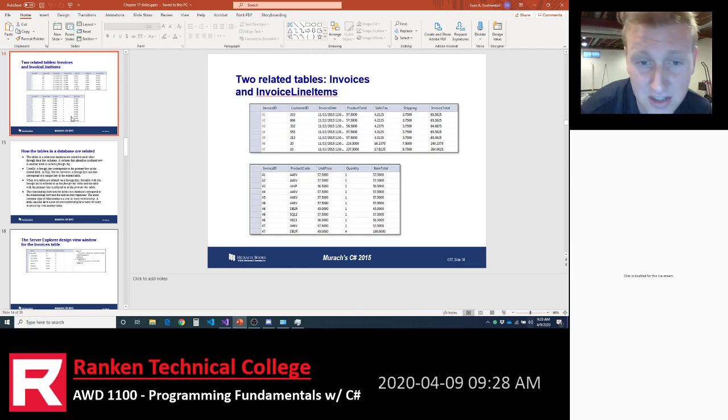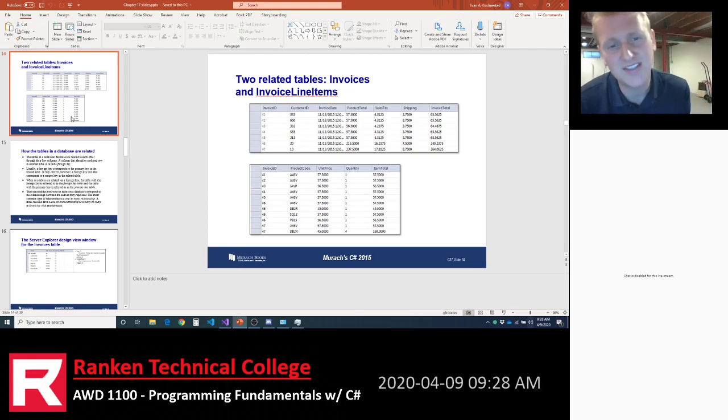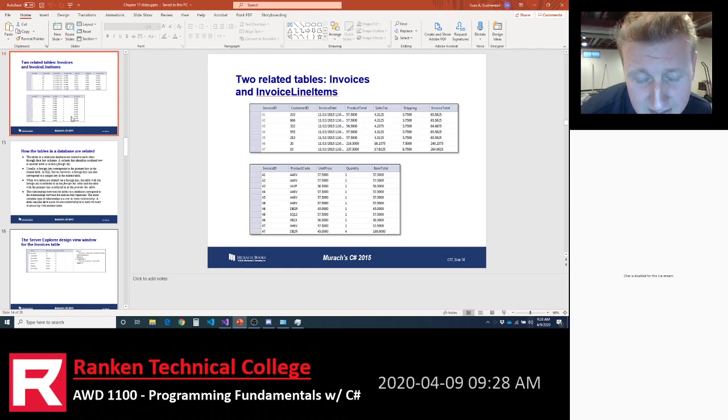It just creates a new number. That's what we have going on here. On that top table, invoice ID is the primary key for the invoice table, and it's just an auto increment. It's kind of grayed out there.